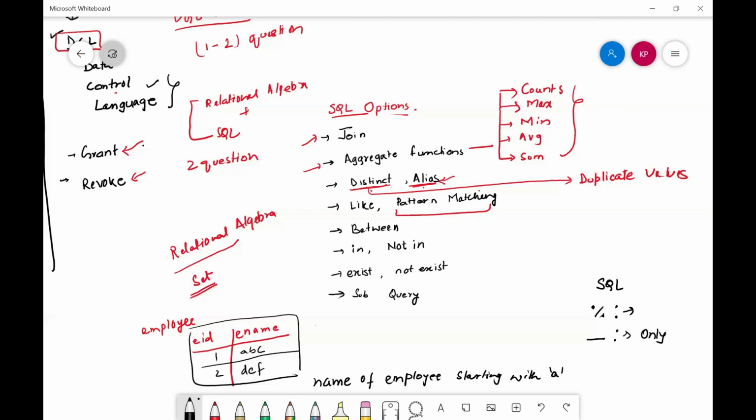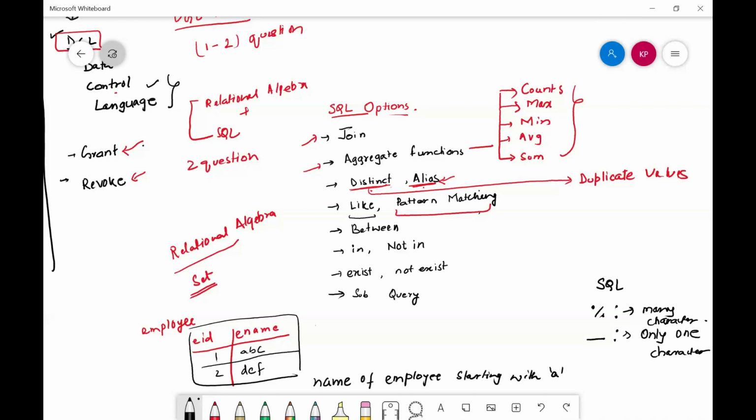While using pattern matching, we cannot use the equal to command; in that case, we have to use like.